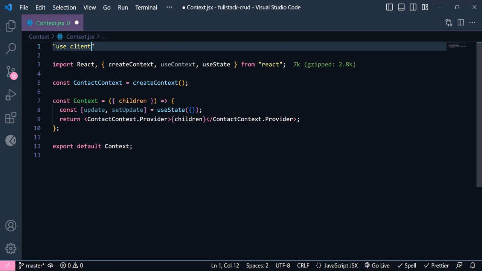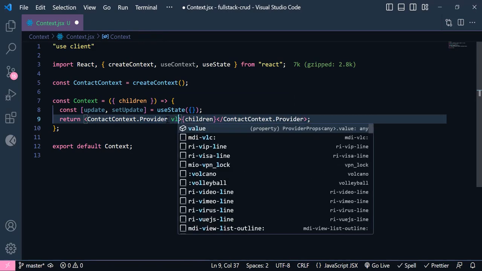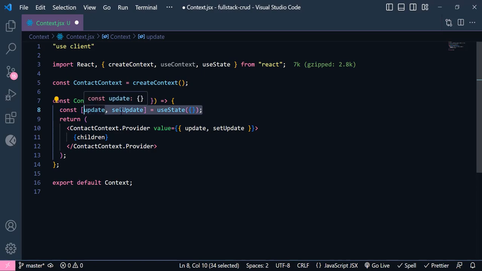Alright, now you can pass this useState hook to our context API using value. You can write here value and make sure to add this inside this double curly braces. Okay, now we need to have a new function, so whenever we need this data we can just import them